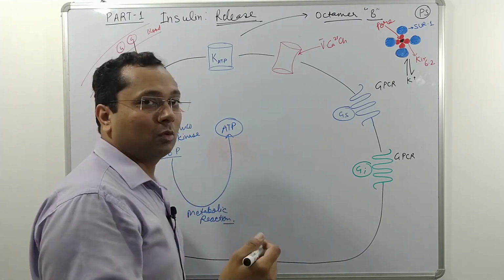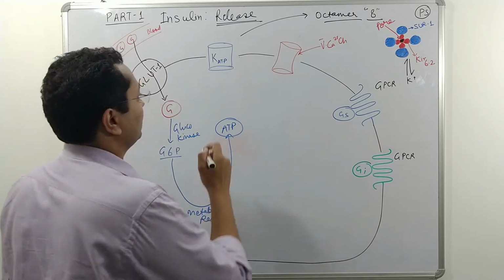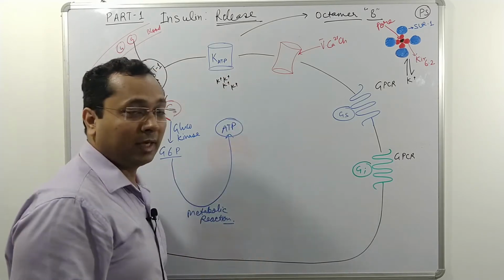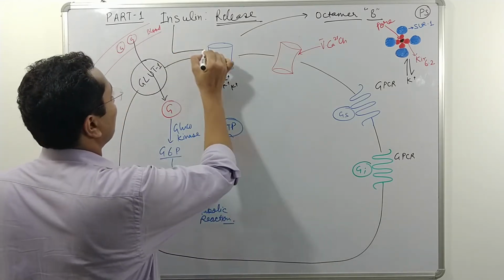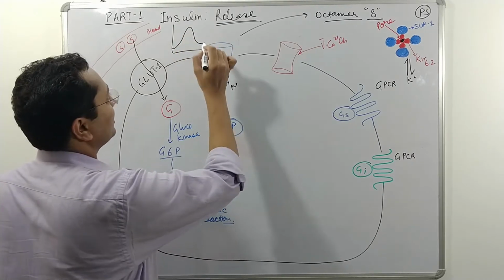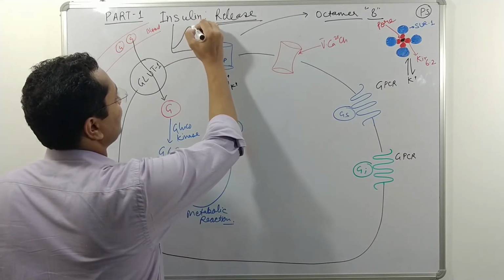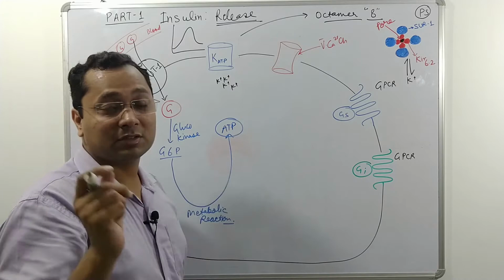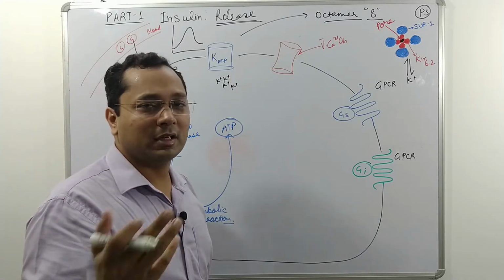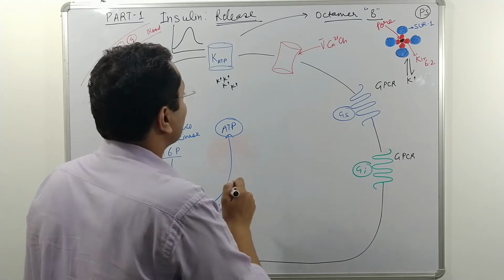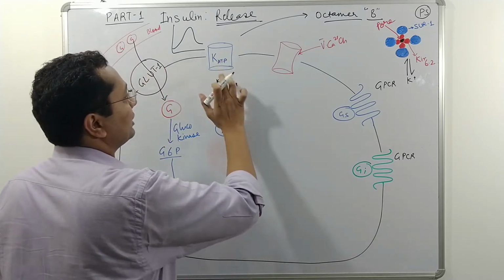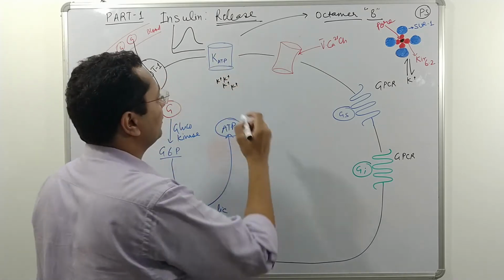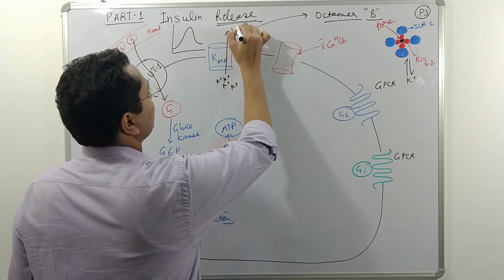Potassium, as we all know, is an important intracellular ion, so the amount of potassium will always be higher inside the cell. Correct? And if we remember membrane depolarization and repolarization, this was the depolarization, this was the repolarization process. If you are not sure, I'm putting a link of the neurotransmission process, or the membrane depolarization and repolarization process, so that you can understand this easily. So whenever this potassium channel opens, it will very obviously lead to efflux of the potassium.